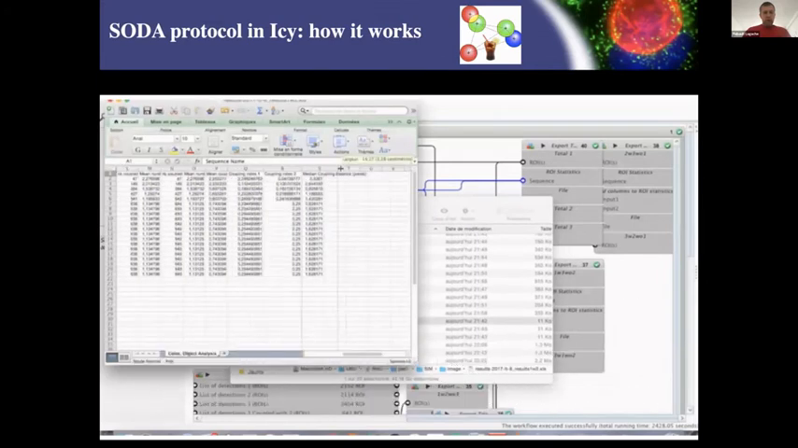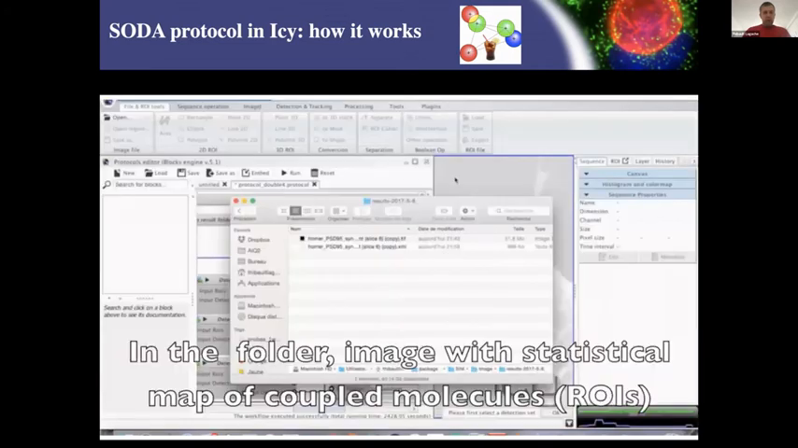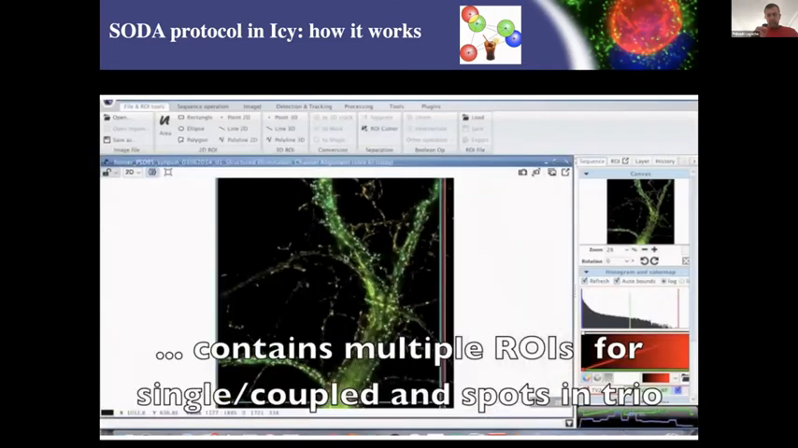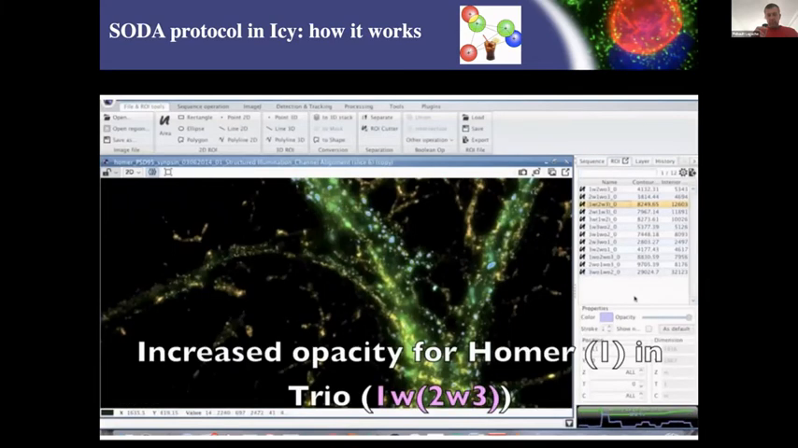And you have also images that you can just drag and drop in the Icy software and observe the mass, the regions of interest that are for single molecules. So single molecules is, for example, 2 without 1, without 3. Or here I'm going to underline 1 with 2 with 3. So these are the Homers that are with PSD and with synapsin. So these are the three-part